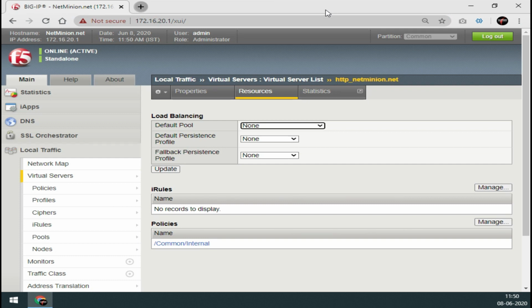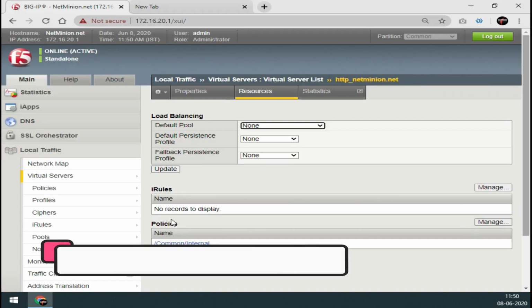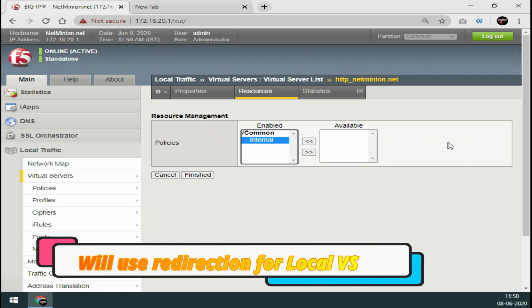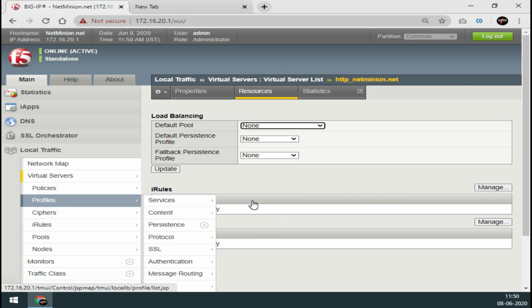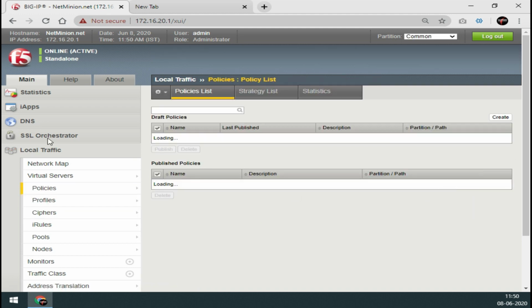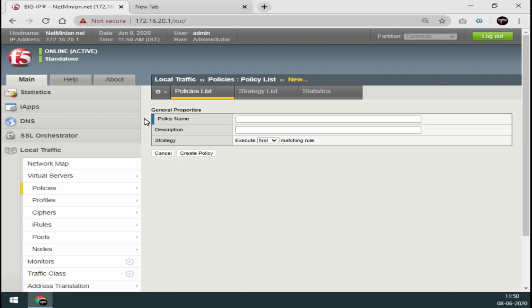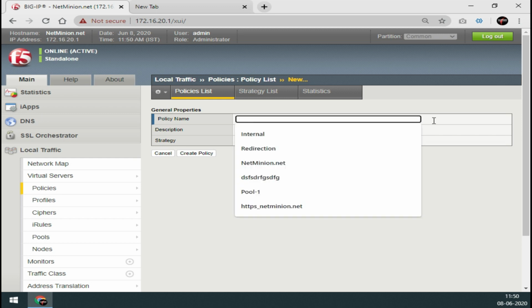Now let us test it with some kind of local virtual server. What if I need to send my request to the local virtual server which exists over here? So let me remove this policy first from here, okay, and let me add one more policy. I am creating a new policy over here, and this time this policy will go to my